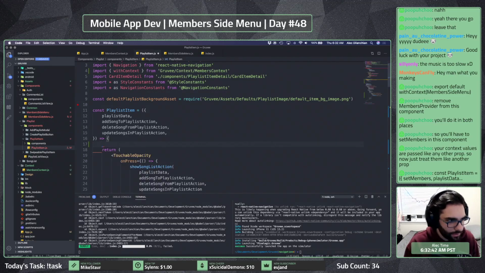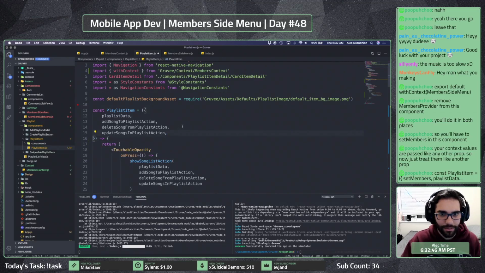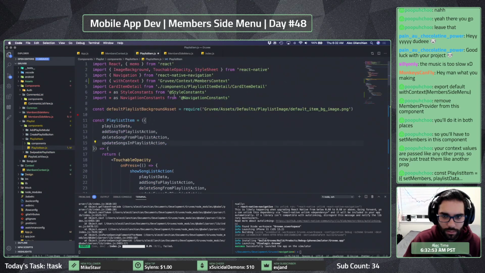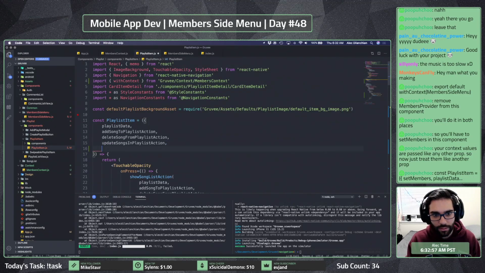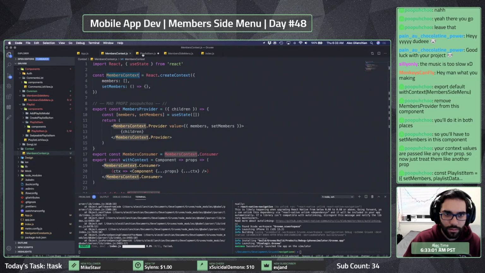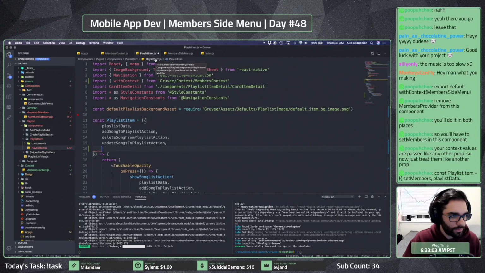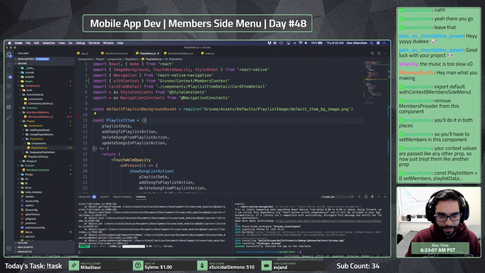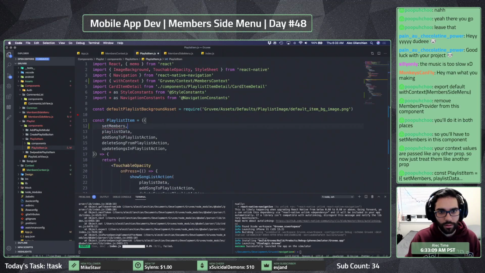Const playlist item equals set members plays data. So I can just pass them in here is what you're saying. Okay. And so we had members and set members. Oh, but they'll be passed to the top. I guess it doesn't really matter, right?